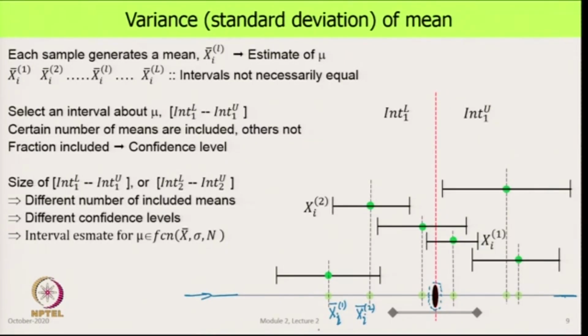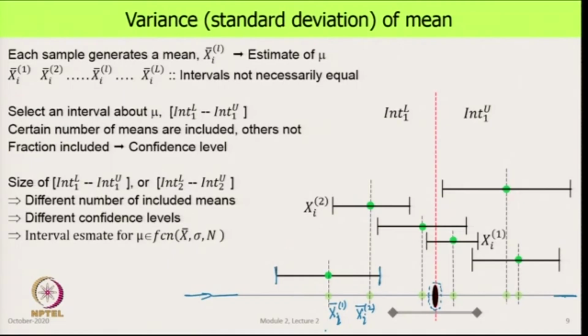And just to show clearly what the intervals are, we have taken up each one of them and shown them separately. So, we take the first one and say, look, the value is this much, this dot shows the value, and we specify a certain interval about that which is equal on both sides. How this interval is specified, we will come to that a little later. Let us say that we have specified an interval.